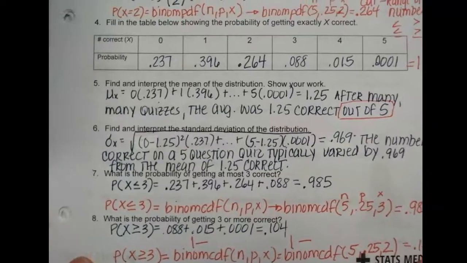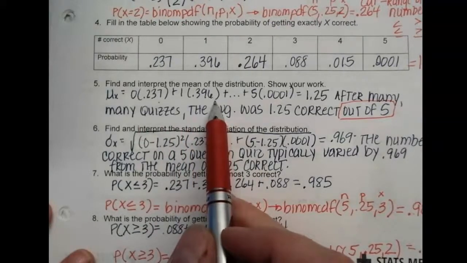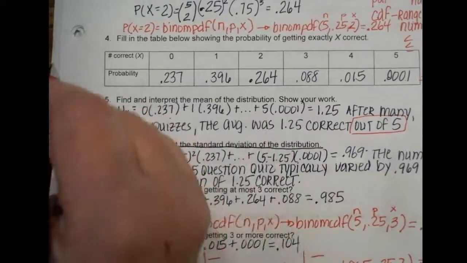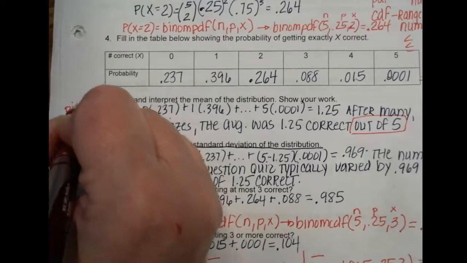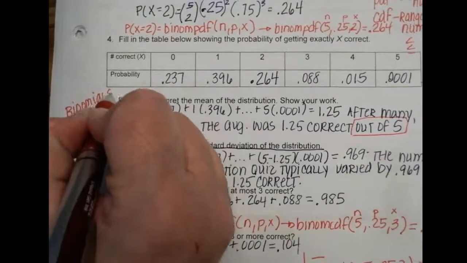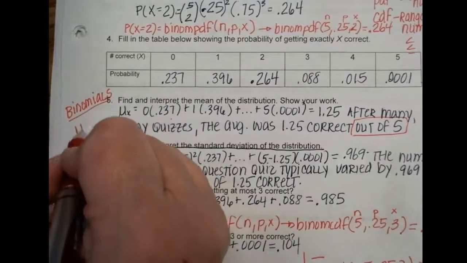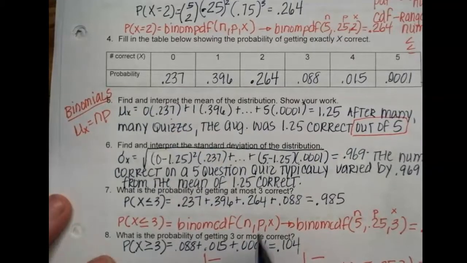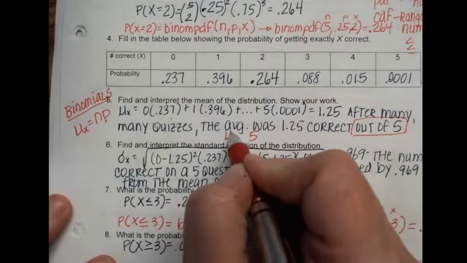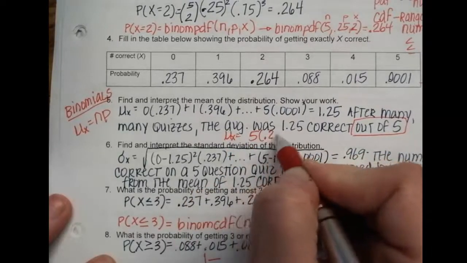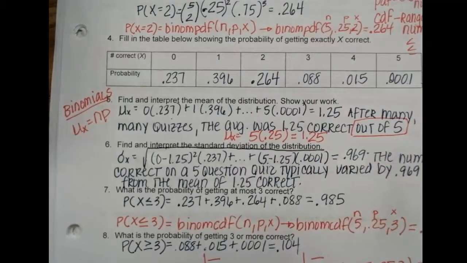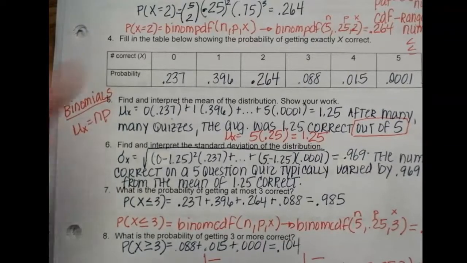Here on our mean, we did our mean just like we were doing before for our expected value. Well, we can do this a little bit shorter. What's nice is if you have a binomial setting, so this only is true for binomials, you can say the mean is n times p. Our n here was 5. Our probability was 0.25. And when I multiply those together, I get 1.25. All right, so if it is a binomial setting, you can use the shorter version, but obviously the longer